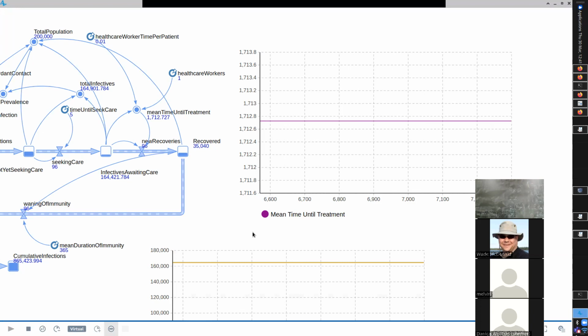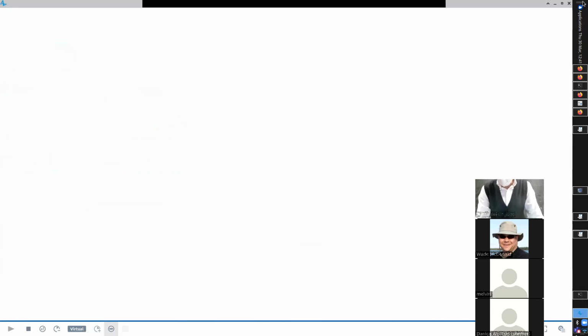Now, when we had 50 healthcare workers, was there an endemic equilibrium? Was the infection staying around? It was. Remember the cycles, and then it approached equilibrium? Here, the equilibrium is vastly larger, right? It's like over 160,000 of the 200,000, over 80% of the population is infected. Right? Okay, so now let's